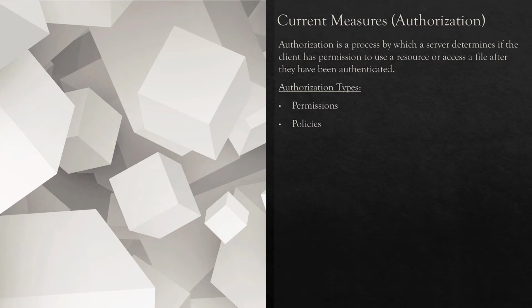Permissions determine the type of access others have to data, shared folders, and resources across the network. Policies are the set of standards or behaviors for activities such as encryption of email activities and restrictions of the use of social media. Now moving on to the third current measure.